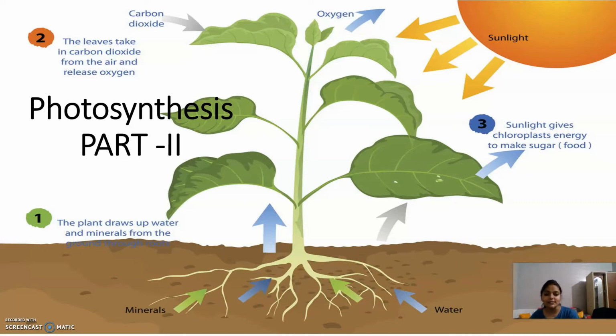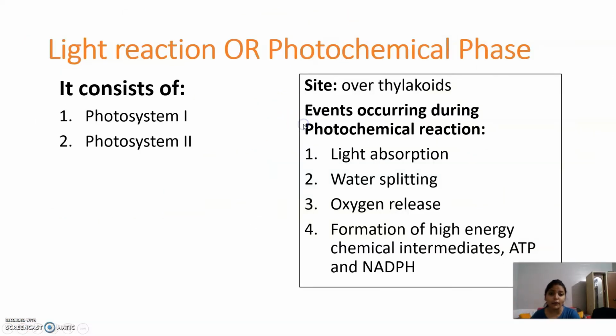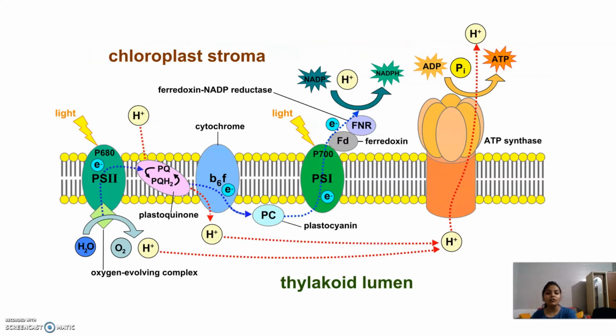We already discussed the location of the light reaction, that's the thylakoids, its components, that's the photosystem 1 and 2, and certain events of the light reaction, that's the light absorption, water splitting, oxygen release, and formation of the energy intermediates. We have also given the brief of the light reaction through this diagram, that the photolysis of water releases